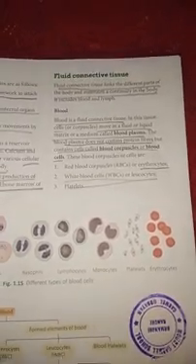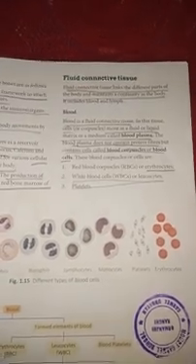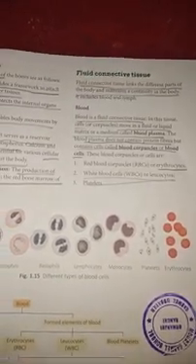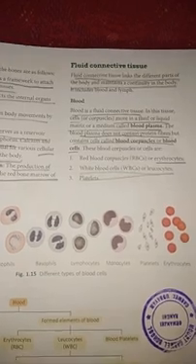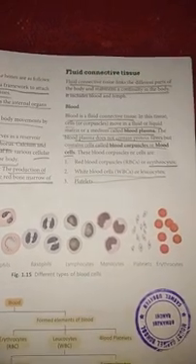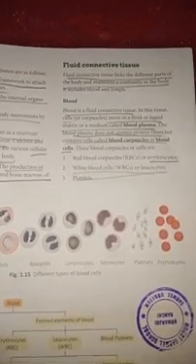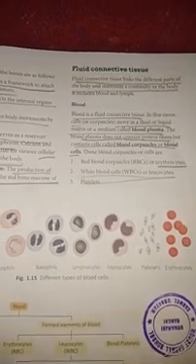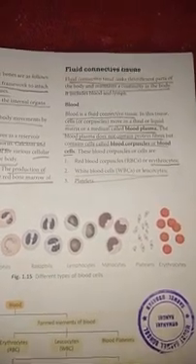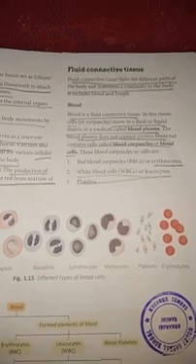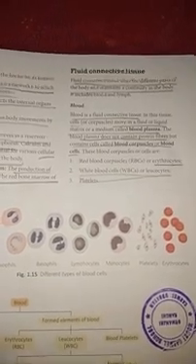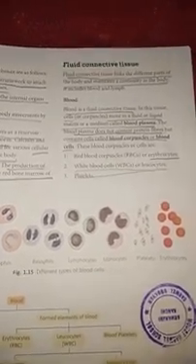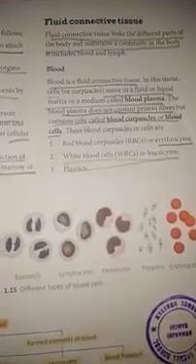Whichever part of our body, every part has a supply of blood. Each and every organ, each and every single cell of our body is receiving blood, and it is very, very important. If the blood supply is obstructed, then that organ or that system will stop functioning. So blood is a fluid connective tissue.